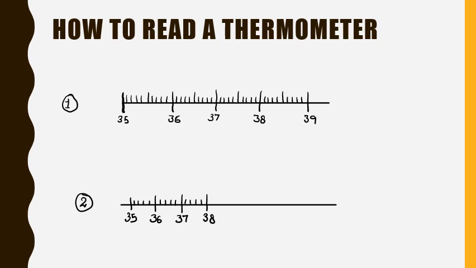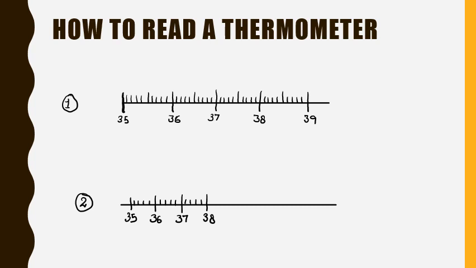Now, reading a thermometer accurately is very important. Why? Because by this reading you are measuring the temperature of a person's body. So you should be accurate with the reading. So let's find out how to read a thermometer. In a thermometer, as I have said, you can see the graduation from 35 degrees centigrade to 42 degrees centigrade. But there may be variation in the pattern of graduation.